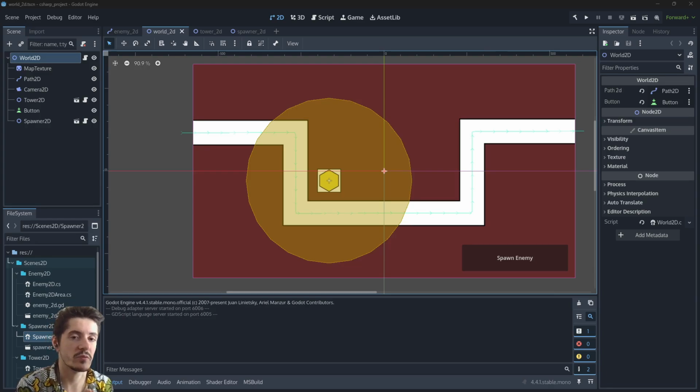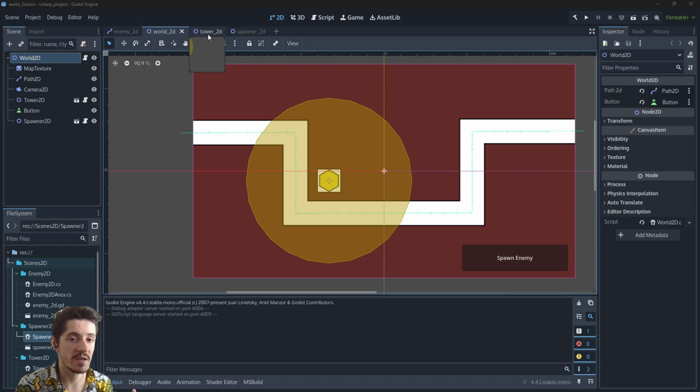Today we will be doing an attack, a projectile basically. So far we have wired the tower to actually damage the enemy instantly. Here what I want to do is actually create a projectile which will move toward the enemy, and then it will actually deal the damages when it reaches the enemy. So this is going to require a little bit of refactoring regarding the tower, and also it will require us